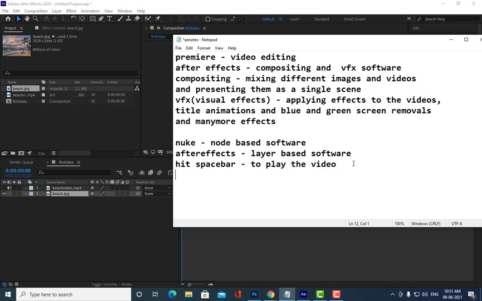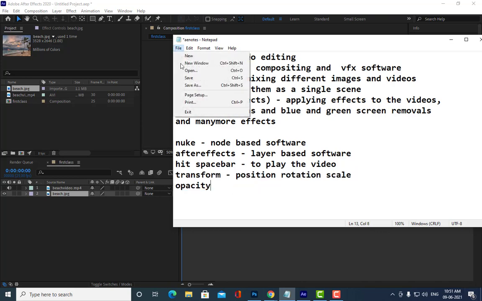Transform options are position, rotation, scale, opacity. These are all transform options. Is it clear, all of you?